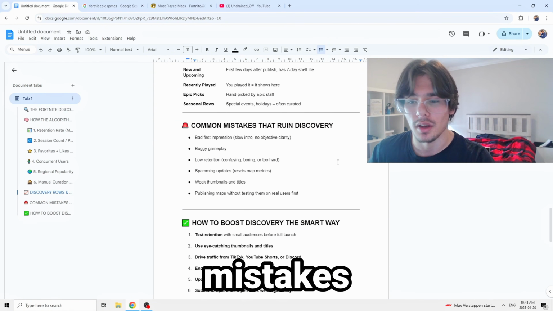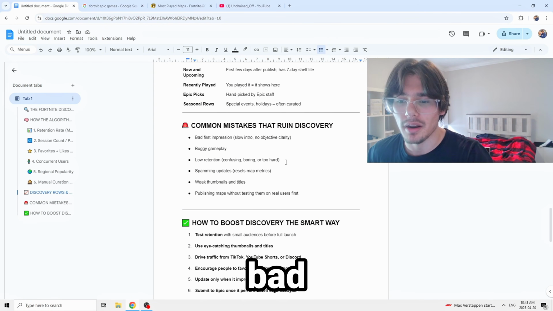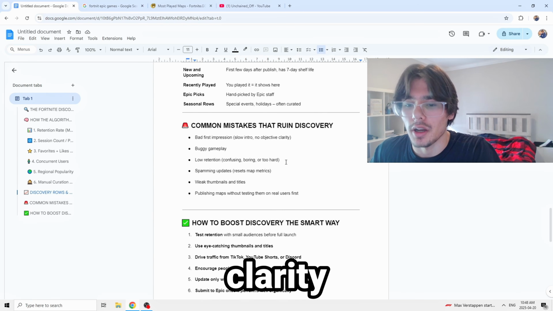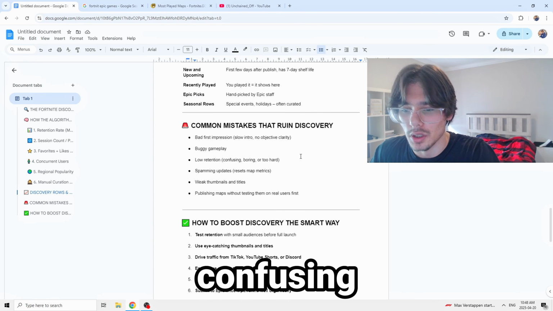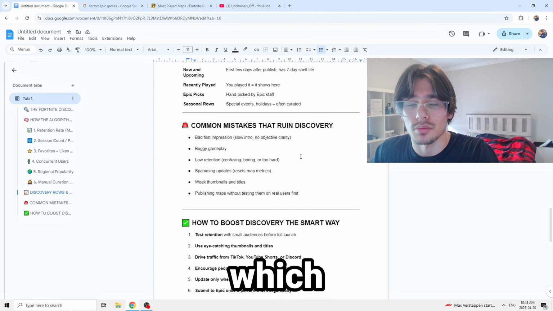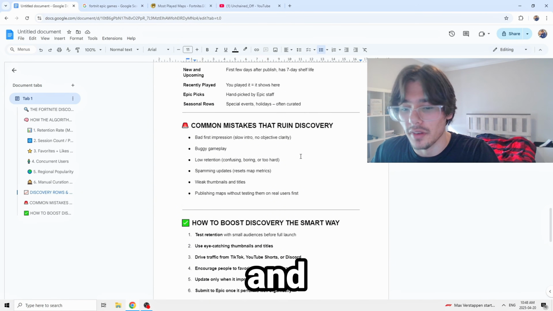And these are common mistakes that ruin your Fortnite chances at discovery. Bad impression, slow intros, no objective clarity, buggy gameplay, low retention, confusing or boring or too hard, spamming updates, which resets map metrics and data, weak thumbnails and titles, publishing maps without testing them for real users first,